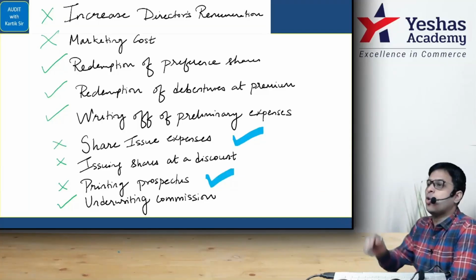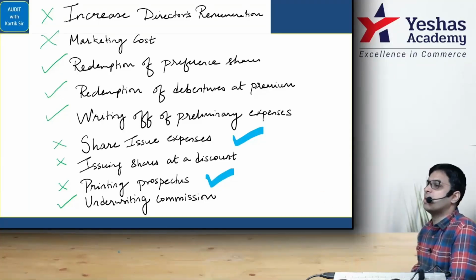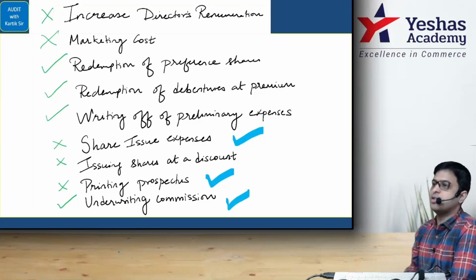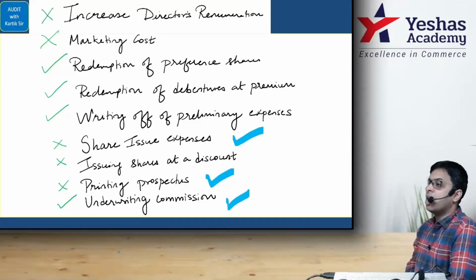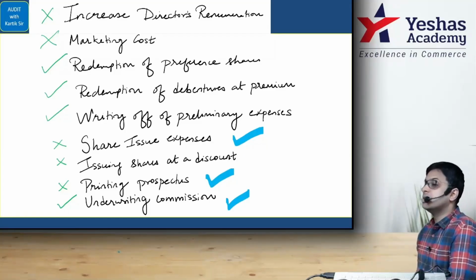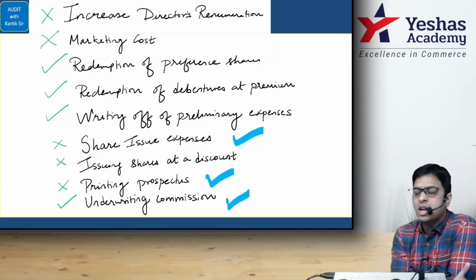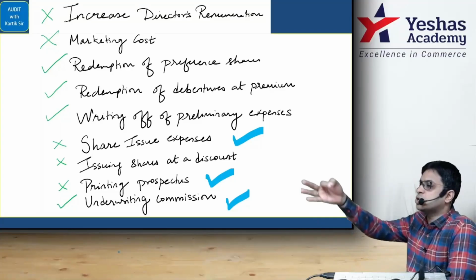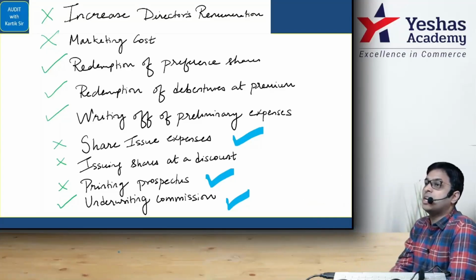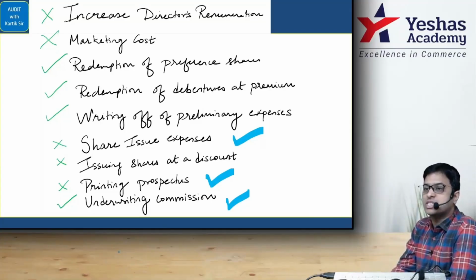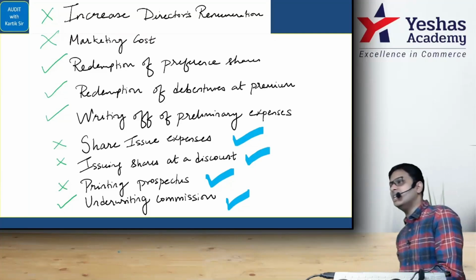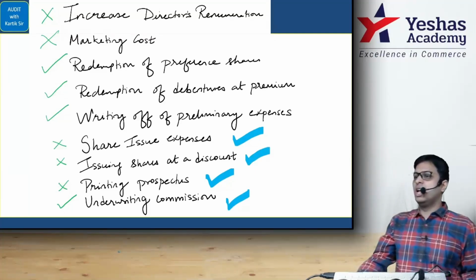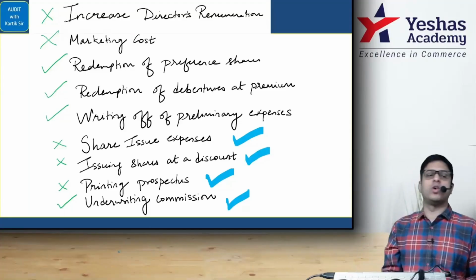Second, read the second one, the commission paid in relation to shares or debentures. Commission is what? Underwriting commission. Can we use it? The answer is yes. Discount allowed on issued shares or debentures. If you are issuing shares at a discount, it is allowed only in 2 cases. One, you are issuing sweat equity shares. And second, if you are giving shares to creditors as part of a statutory resolution plan or debt resolution scheme, in that case you can do it. That is what the section allows. That is called shares issued at a discount. Can you do it? The answer is yes. Are you with me? Yes or no? Comfortable? So for these purposes, you can use the securities premium account.